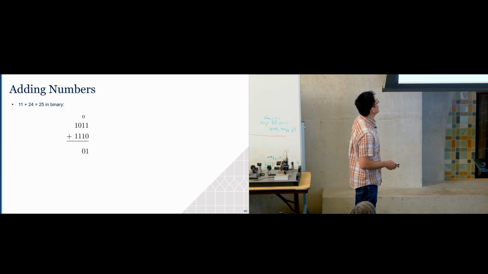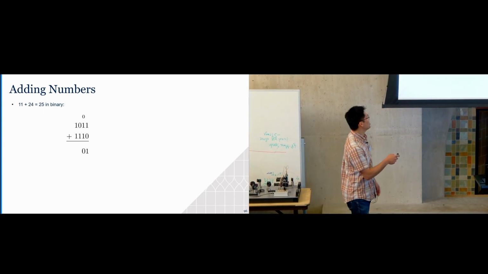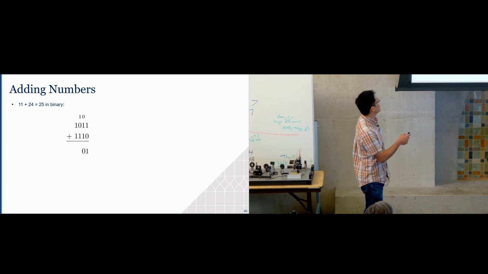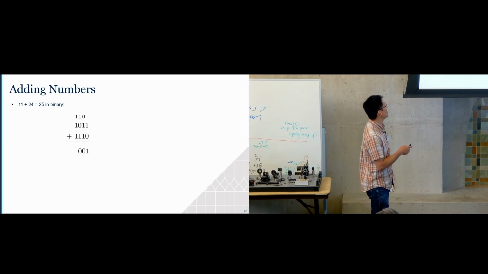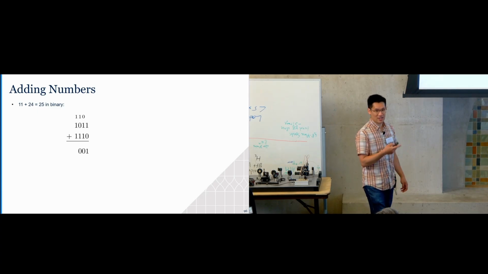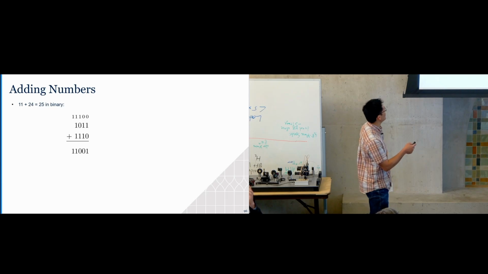So then you carry a 1. And then you do 0 plus 1 plus 1 is 2, which is 1, 0. So it's 0, you carry a 1. 1 plus 0 plus 1, again, is 2, which is 1, 0. So it's 0, you carry the 1. 1 plus 1 plus 1 is 3, which is 1, 1. So it's 1, you carry the 1. So there's the answer. So that is 25. So again, 11 plus 14 is